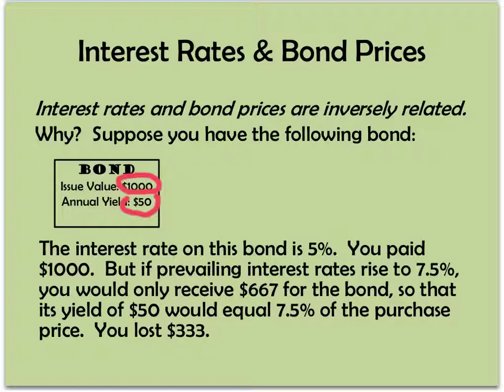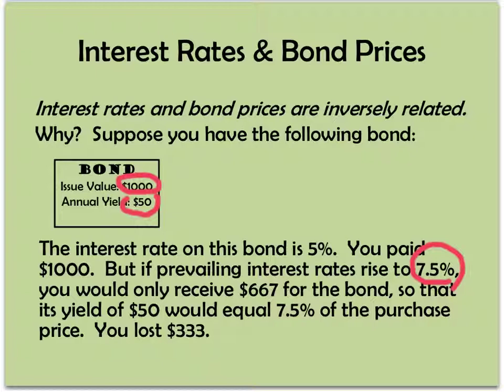But let's say before 10 years is up, you need the money back quicker because you need to fix your transmission, and you can sell most bonds in the bond market. It's kind of like the stock market. However, let's suppose the prevailing rate of interest on this type of bond has gone up to 7.5%. You can't sell the bond for $1,000. Why would I pay $1,000 for your bond that pays 5% when I could buy a new, similar bond that would pay 7.5%? However, you can sell your bond at a price that would make the $50 payment equal